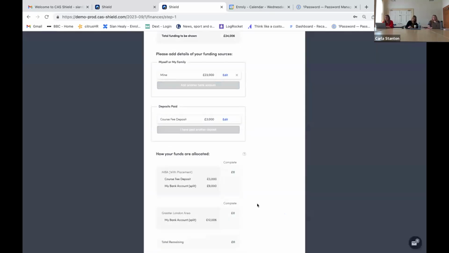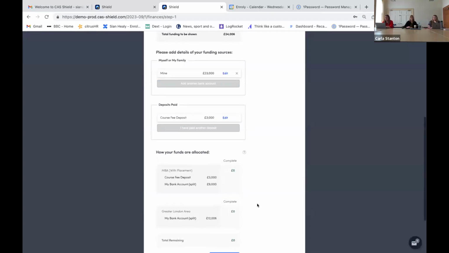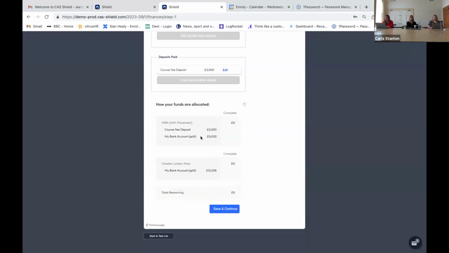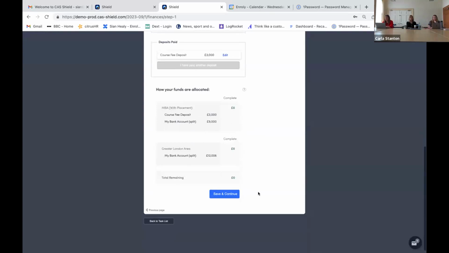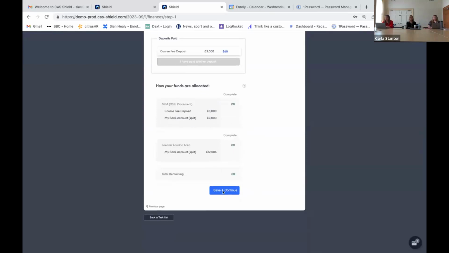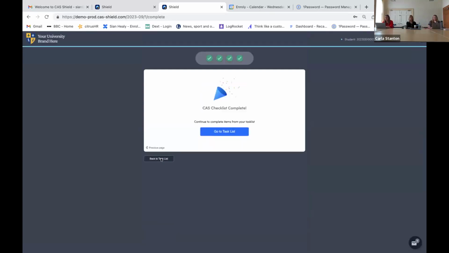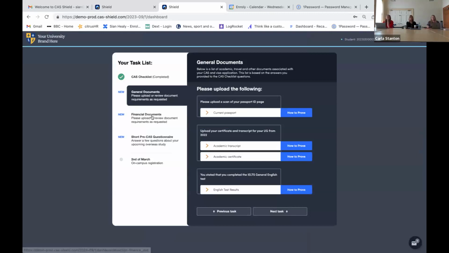And at the bottom, you can see all of this information. So this student already had a deposit payment. They have explained that they have money coming from their bank account and also money that will be used for their living expenses. Save and continue. So now if we go back to our task list, based on the information provided by the student and the